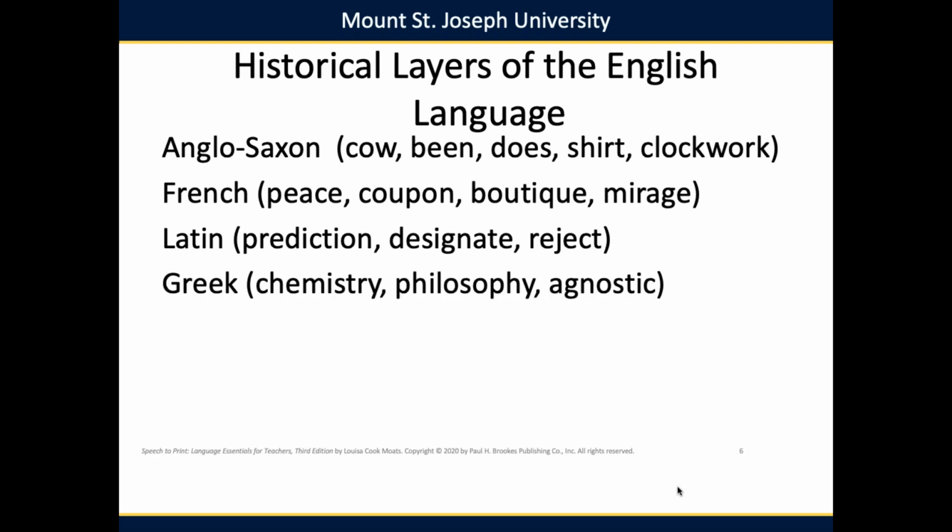And an additional layer of the English language comes from Greek. These are words that have PH, CH, and Y spellings, like the word philosophy or chemistry. Many of the science terms are of Greek origin. When we teach English, we are not teaching one, but at least four different languages. English is multi-layered and complex. Teaching students the characteristics of the main languages that English draws upon will give them an additional tool for accurately reading words and understanding them.